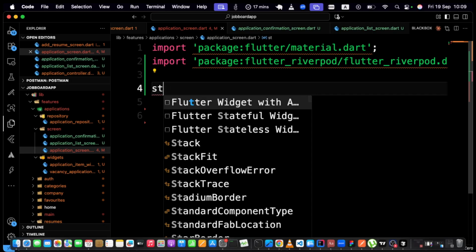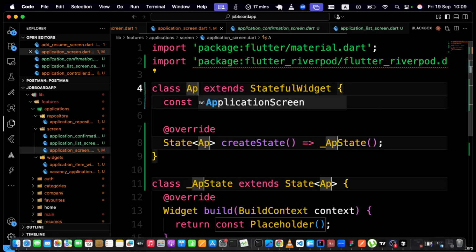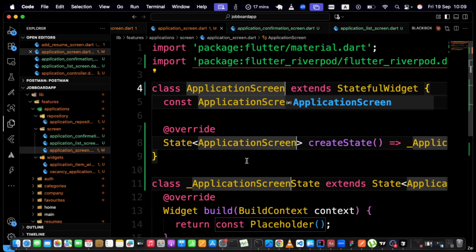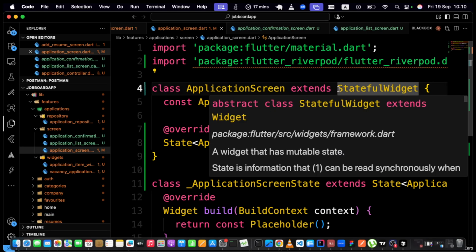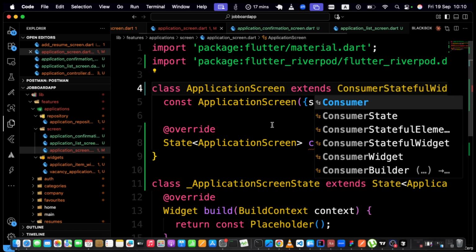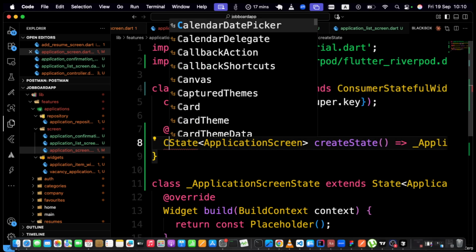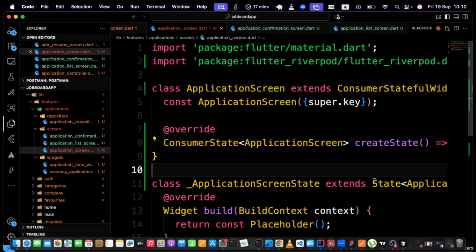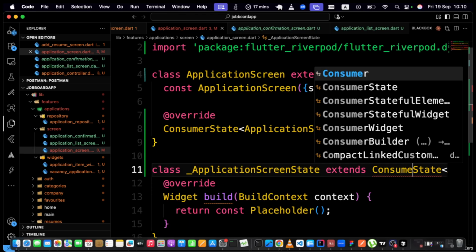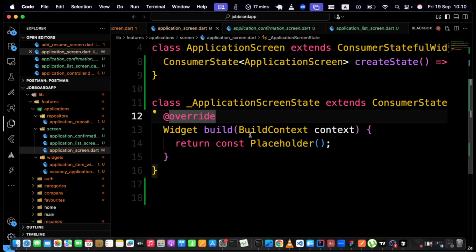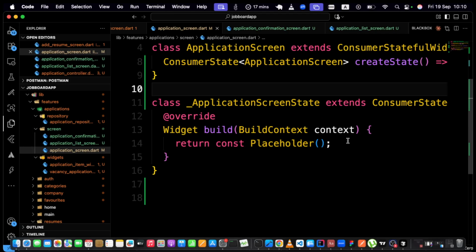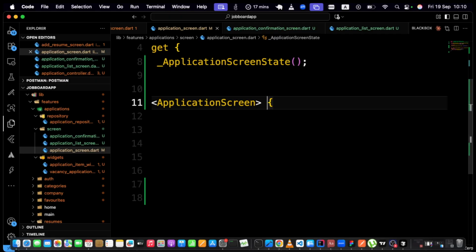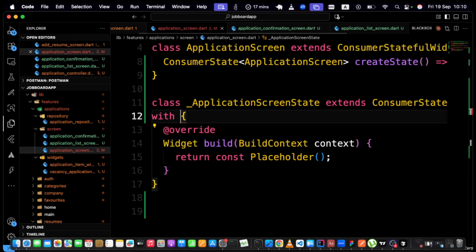So step widget, then application. Okay. So now it's simply going to be consumer stateful widget, right? Then consumer state. Consumer state and also consumer state. Okay, right, now that we are done, what we simply have to do here is extend with single